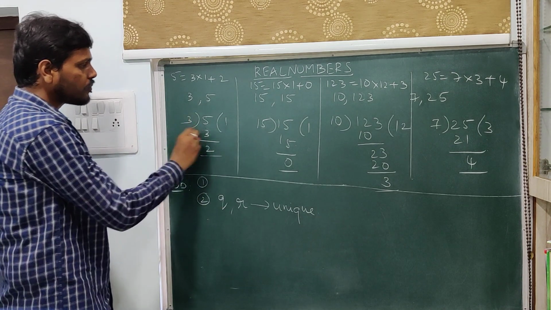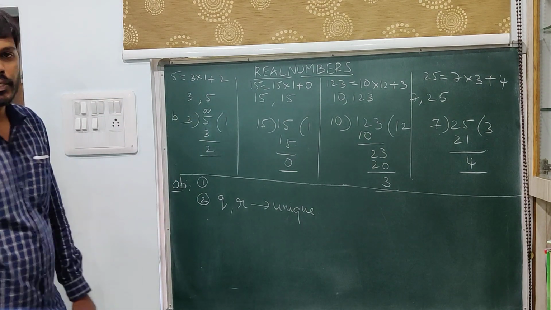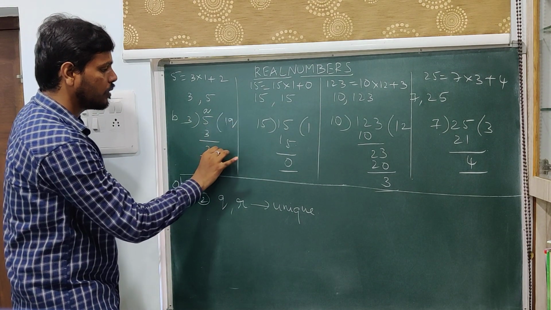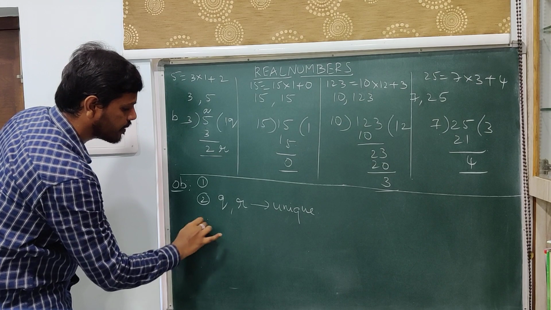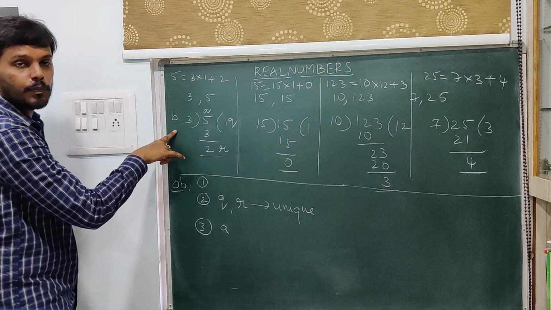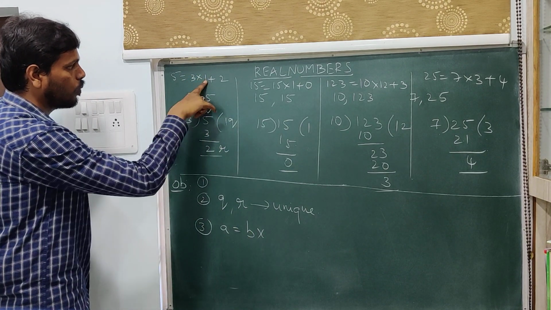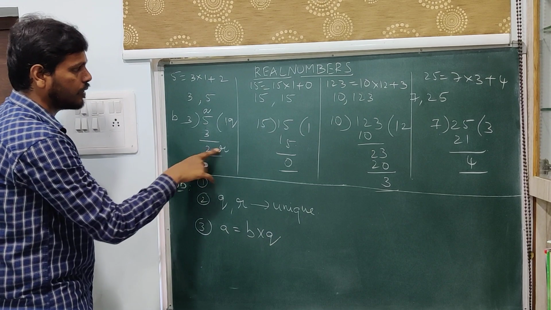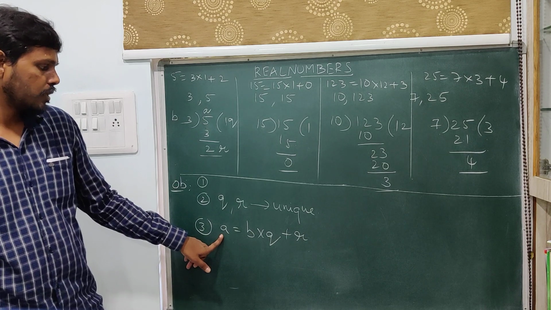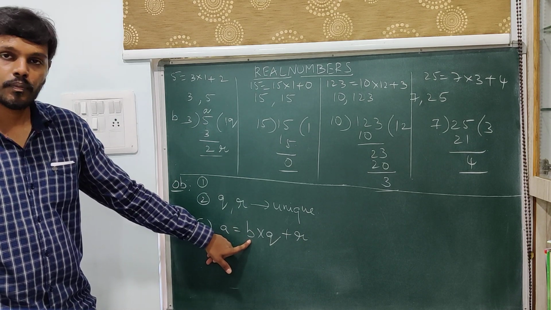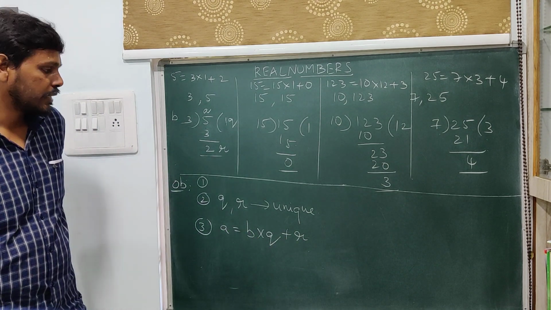Now, what I will do is, I will name this as a, this as b, this as q, and this as r. Here 5 is a, so I will write it as a, and 3 is b, so I will write it as b. 3 into 1, where 1 is q, I will write it as q, and 2 is r, so plus r. So, finally, you can write a positive integer in terms of another positive integer using the newly arrived numbers in this manner. This is the third observation that we can make.